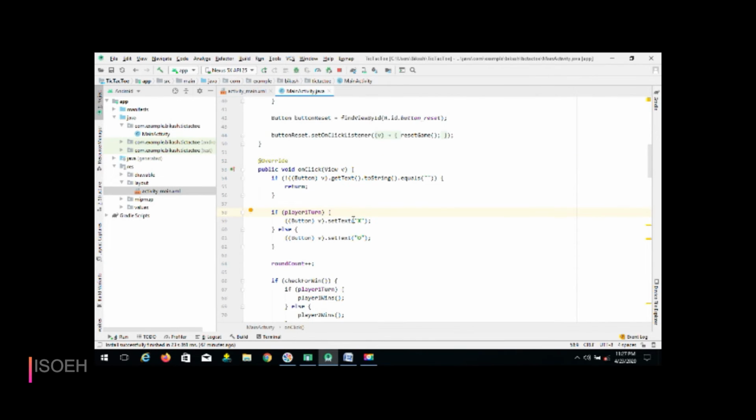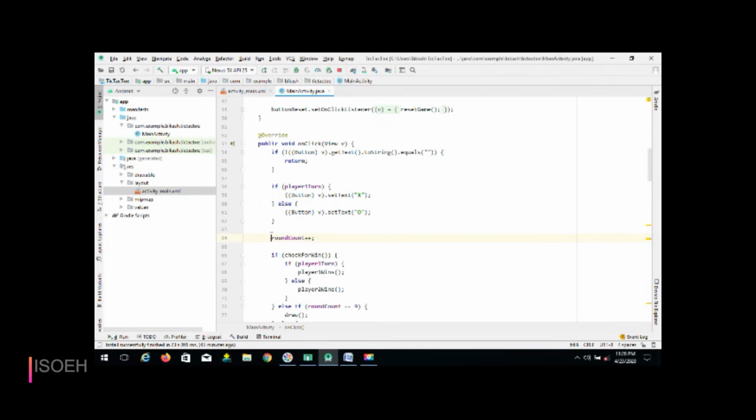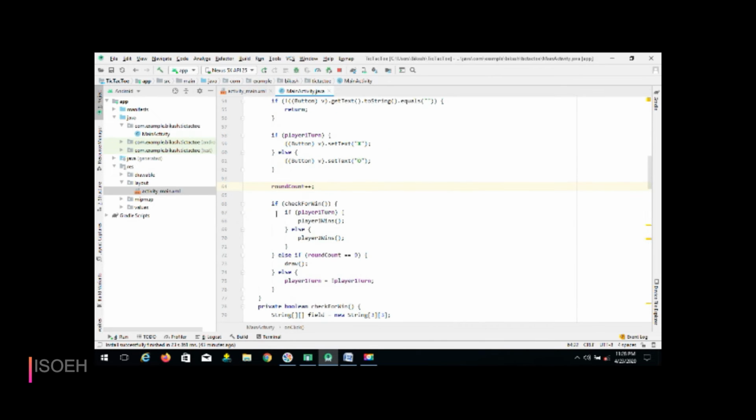Otherwise, if it is player 1's turn, then button.setText equal to X, else button.setText equal to O, for separating X, I mean cross, and O. And roundCount++, I mean it is incremented by 1 here.